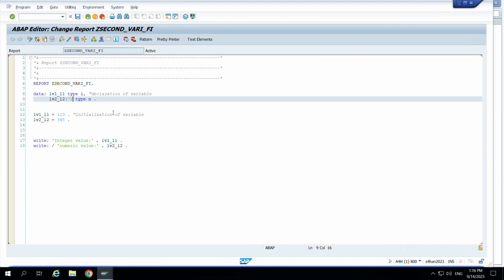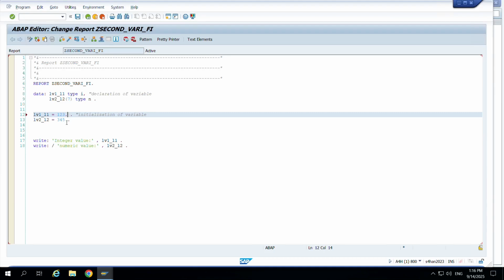Here we are doing declaration of a variable, here initialization of a variable, and here printing of a variable. Now that's all for today. We will discuss some more things. Suppose we try to use a decimal value, it throws an error, displayed in red. So integer data type will contain only the integer value, numeric data type will contain only the integer value, but if we don't specify the length, it contains only one character. But if we specify the length, then it completes according to whatever length we have specified.